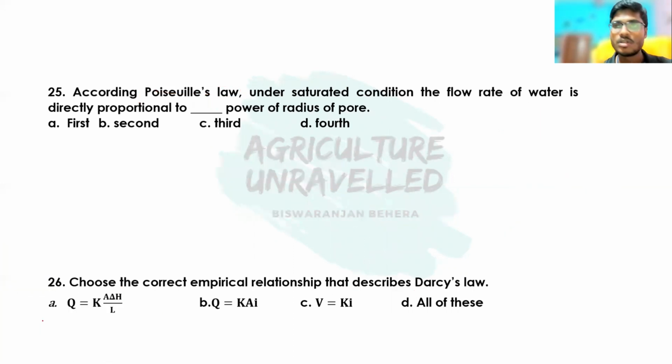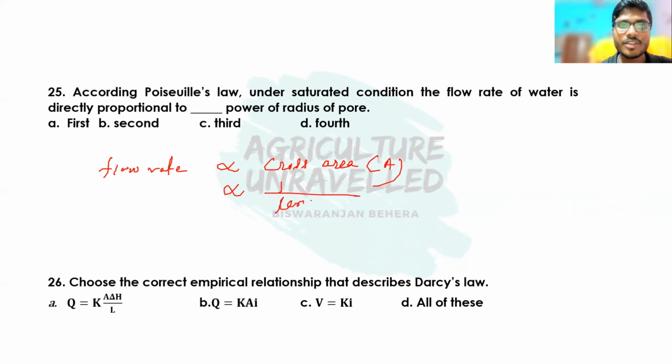So understand this Darcy's law. Then what is Darcy's law? Darcy's law says three important things. That is the flow rate. Darcy's law says that the flow rate is directly proportional to cross-sectional area A, and it is inversely proportional to the length of the pipe or length of the profile, and it is directly proportional to